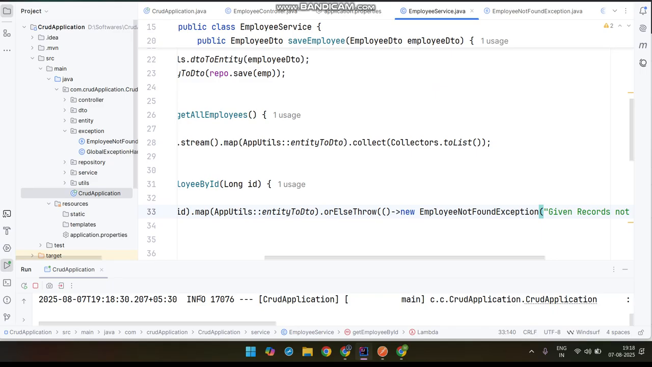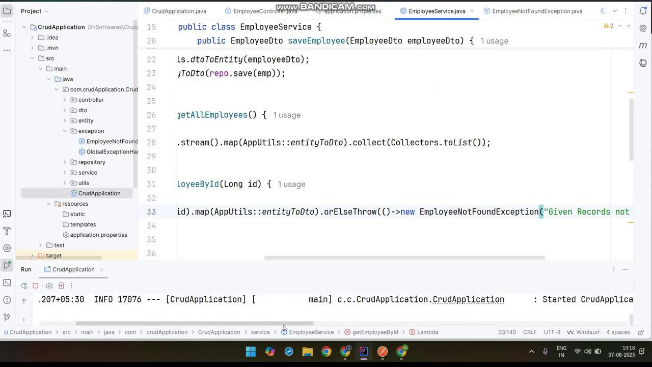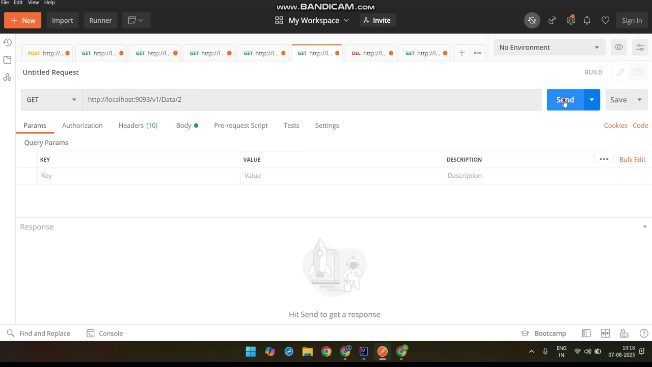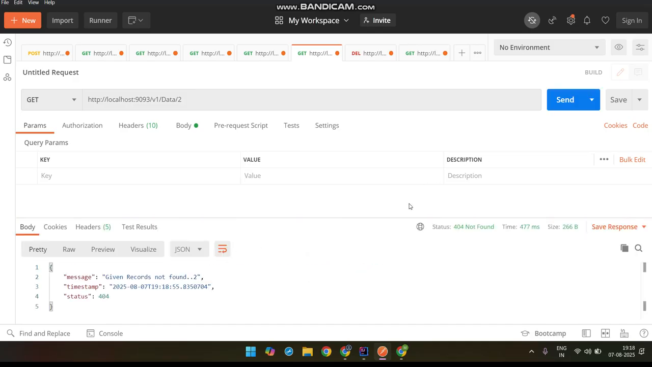Okay, has the application started? Yeah, the application is started. Now we can just call that method. See, the proper exception is being thrown here, with the message, with the current timestamp and the status. So this is how